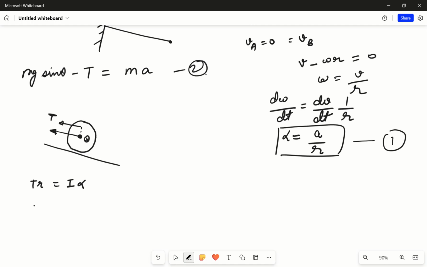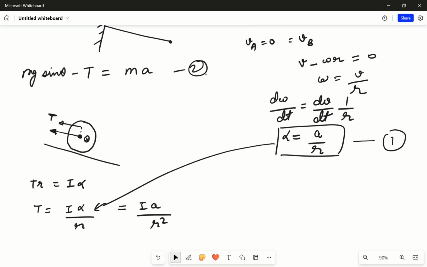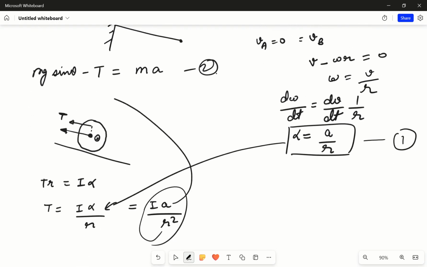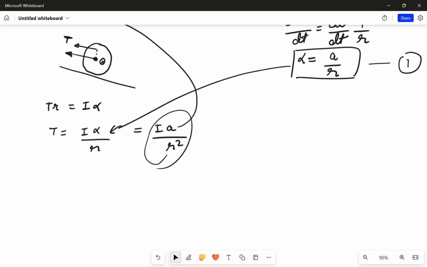From this equation we can say that T equals I alpha by R, and we can substitute alpha from the first equation to here, so T equals I a by r square, right? And we can substitute this result in the second equation,